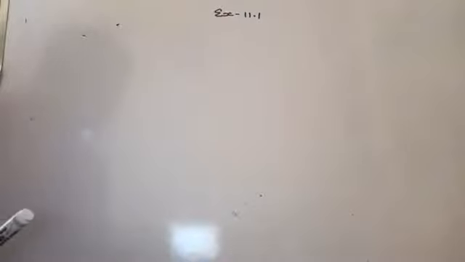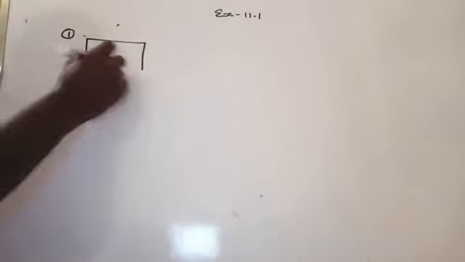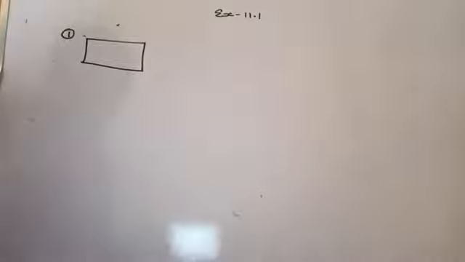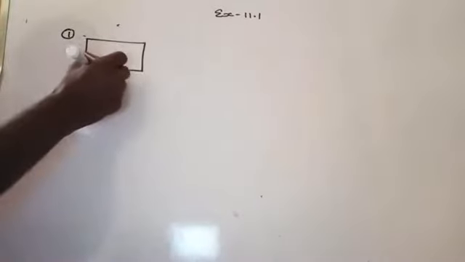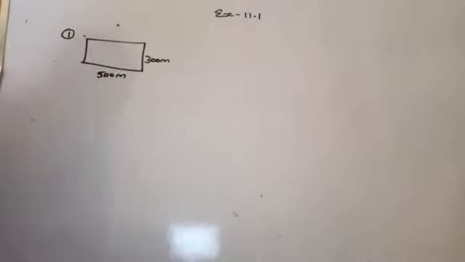The first question: the length and breadth of a rectangular piece of land are given as 500 meter and 300 meter respectively. What is given to you? The length and breadth of the rectangle are 500 meter and 300 meter. What you have to find is its area. And then the second part, find the cost of the land. If 1 meter square of the land costs rupees 10,000, what will be the cost? Am I right here? Okay, fine.